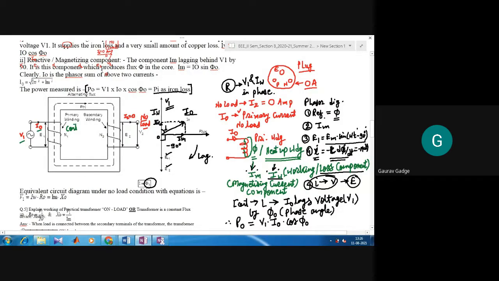In the next lecture, I think tomorrow I do have a lecture, I'll repeat this phasor diagram once. And after repeating, I will write the equations for IM and IW. For today, I think this is more than sufficient. Tomorrow I'll just do the revision of it. Today we have solved 4 numericals. One numerical was solved completely, and for 3 numericals the given quantities are provided, and based on that we can easily solve the numerical. Now assignment number 2 is to solve these 3.